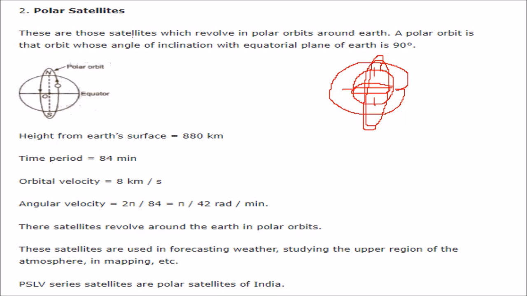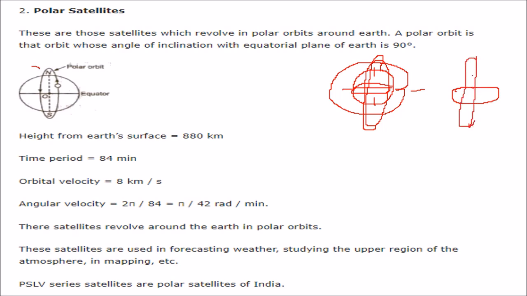So these are the satellites which revolve in polar orbits, not on the equatorial. The polar orbit is that orbit whose angle of inclination with the equatorial plane of Earth is 90 degrees. This is the Earth's diameter plane, or you can say the equatorial plane. Then this polar orbit